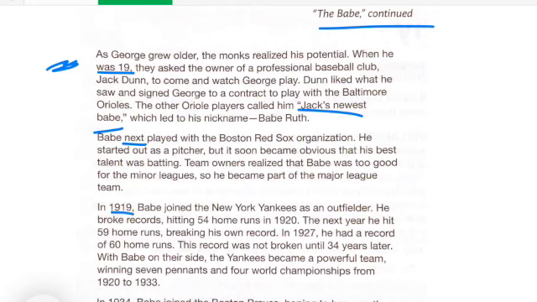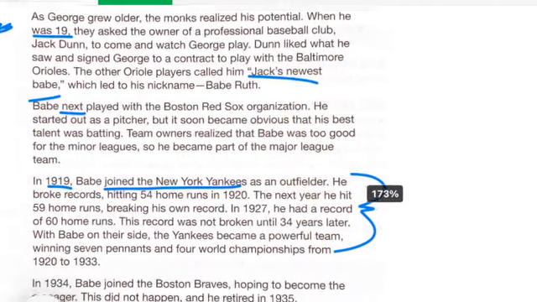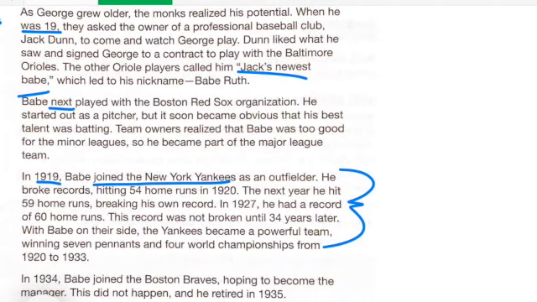In 1919, he joined the New York Yankees. And they always say that there was the curse because the Red Sox traded him away. There was the curse of the Bambino, and the Red Sox finally won a world championship in, I think, 2004 and broke the curse, they say. But this whole paragraph right here is a beautiful example of text structure of chronology, because in 1919,